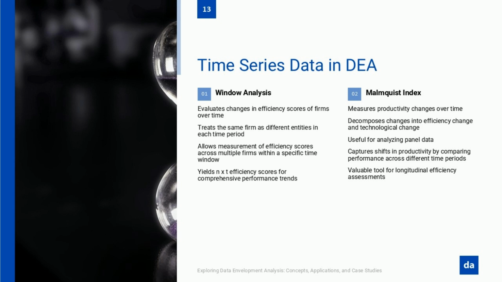Now, imagine another company that starts at 95% efficiency in 2019, drops to 50% in 2020, but by 2022, they're still struggling at 55%. That's a completely different story. One company rebounded, the other never really recovered. Same industry, same crisis, but two completely different trajectories. Time series DEA exposes these long-term trends, helping businesses, investors, and policymakers figure out who's truly resilient and who's stuck